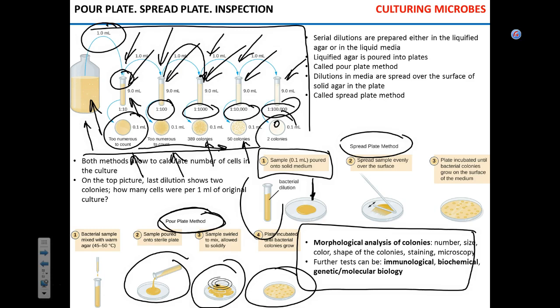Color. What else? Shape in all forms, from the edges to the shape, whether it's convex, concave, whatever. What else? Amount, like how many are there? Size of the colony, very good. You basically covered it. There are some aspects to appearance, if it's waxy, if it's glossy, certain significance to it.